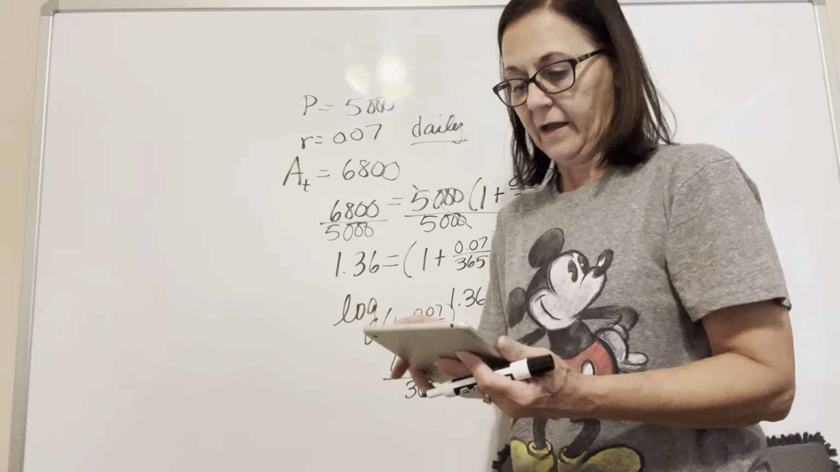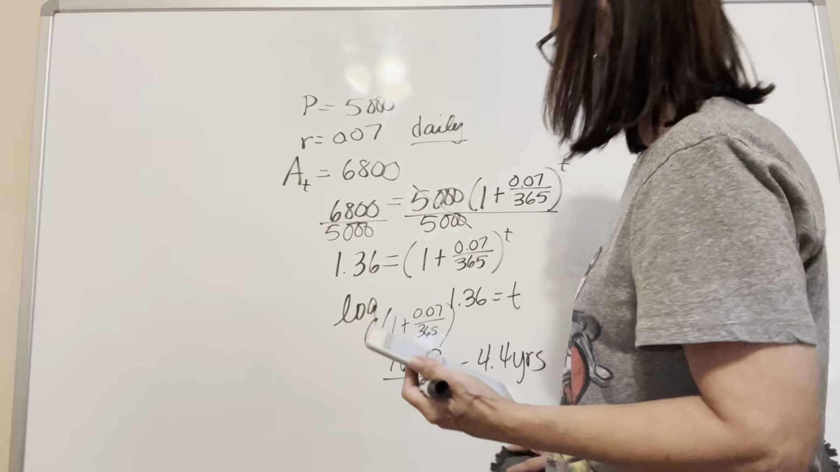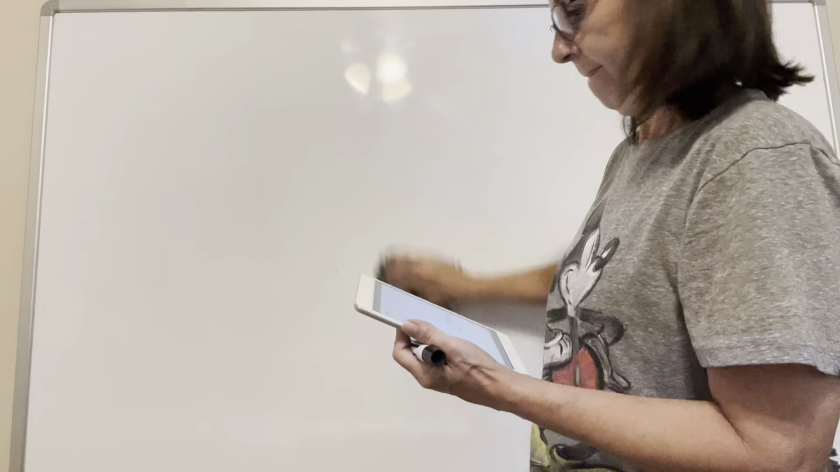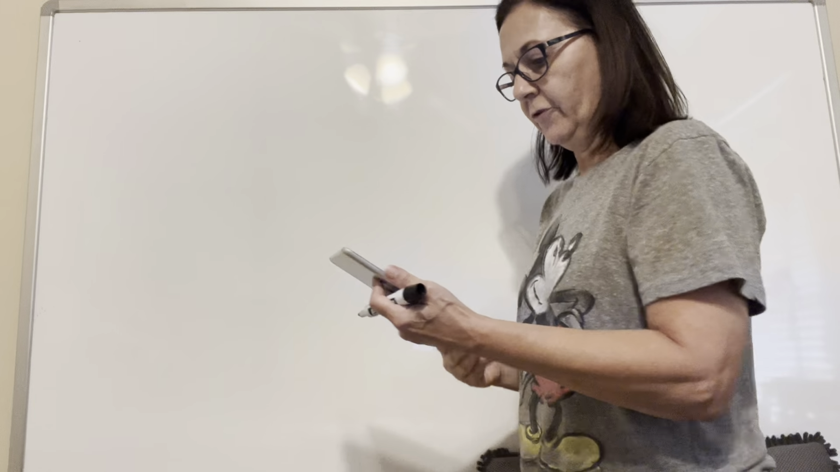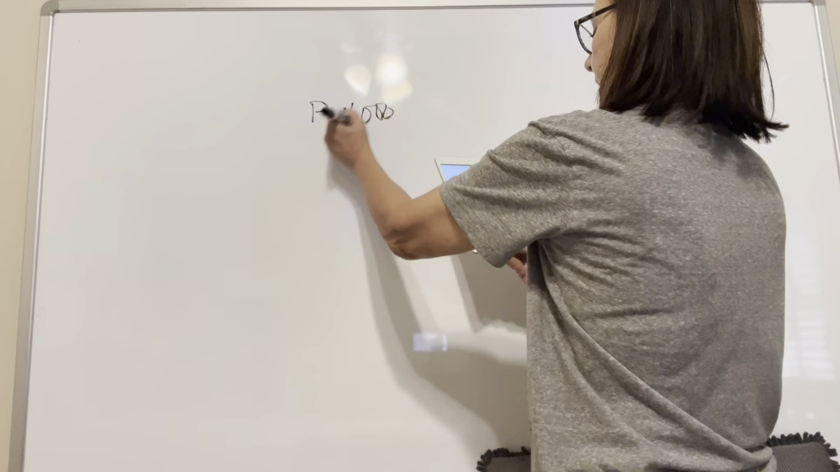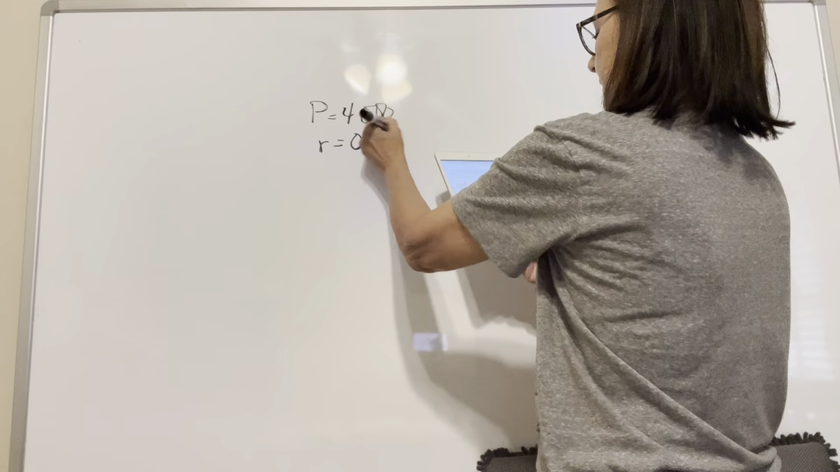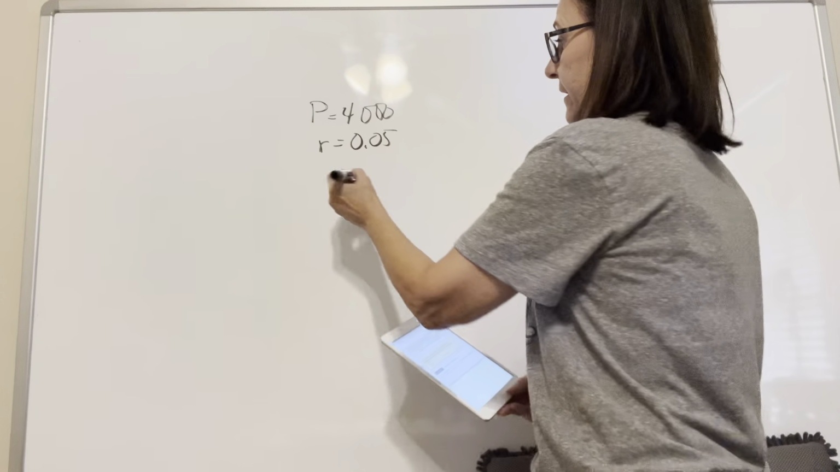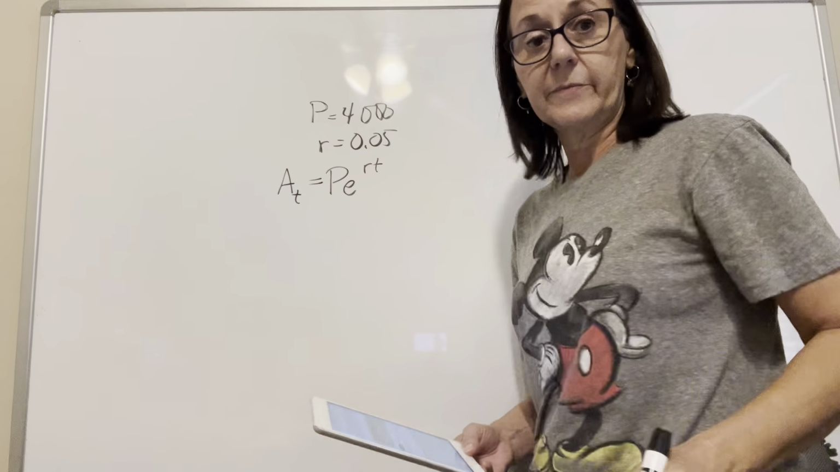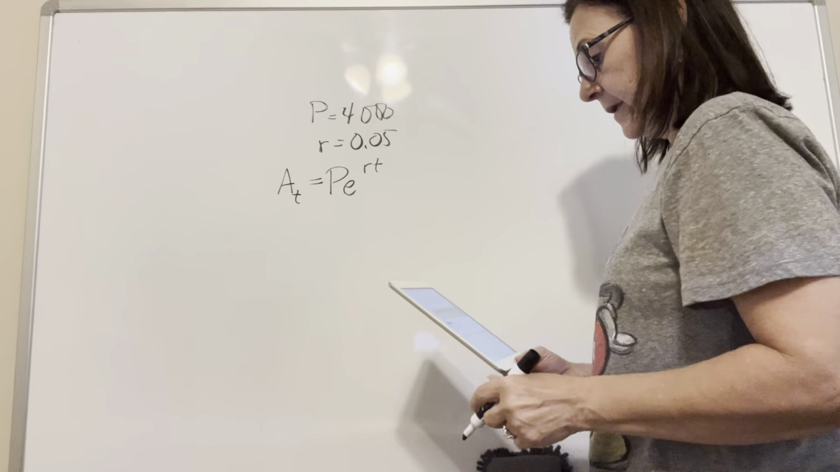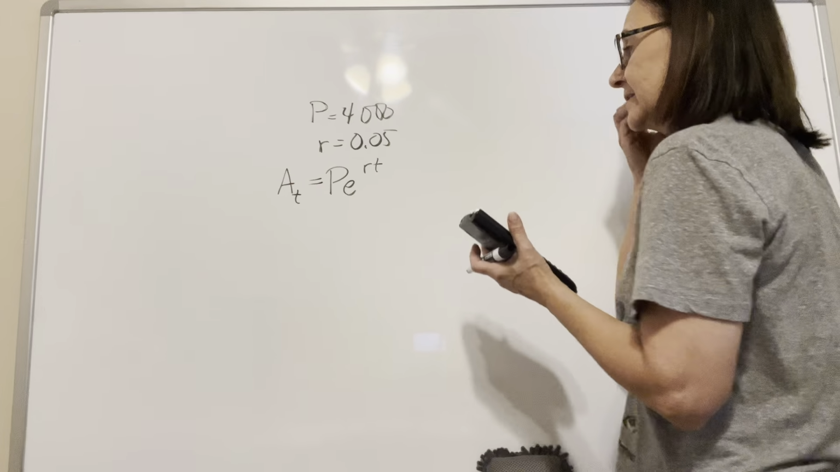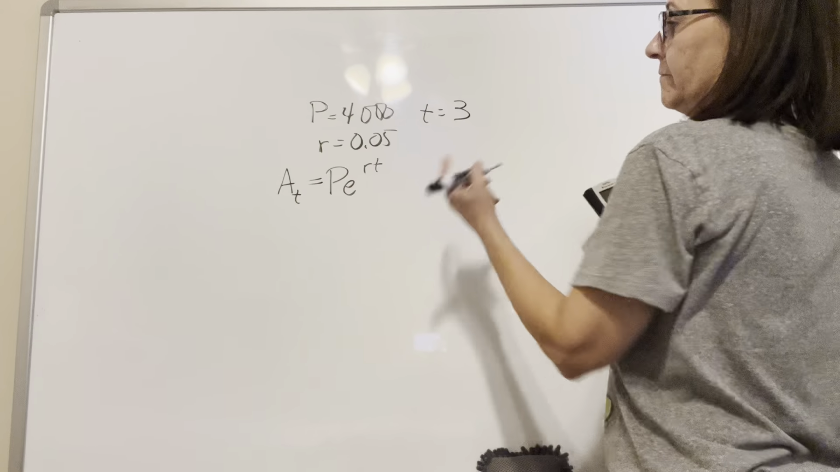Look at example 5. It's on the bottom of page 348. If you invest $4,000, that's my original amount, at 5%, that's my rate, interest compounded continuously, I'm writing down. When I hear those words, I'm using PERT, P-E to the R-T. How much is in the account at the end of 3 years? So my time is 3. I just plug these